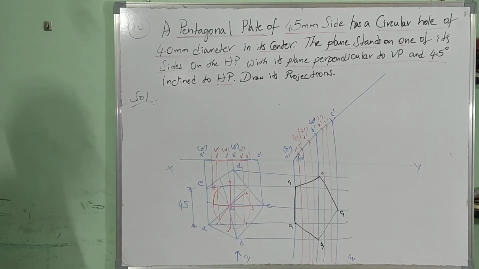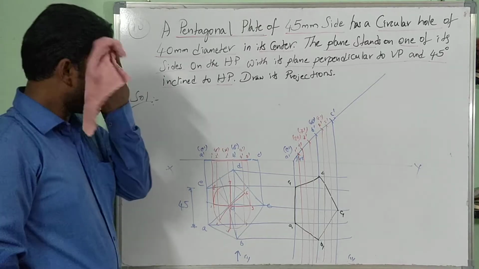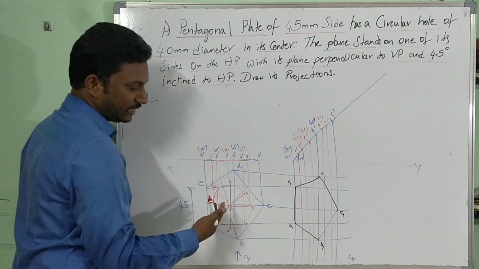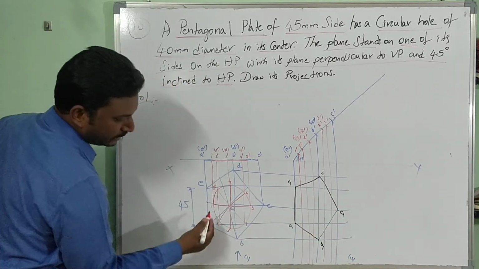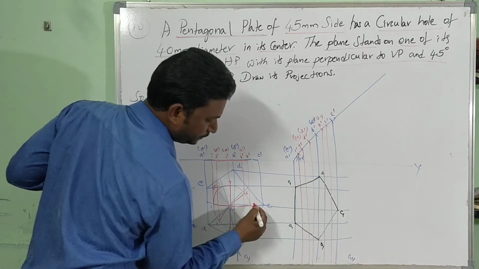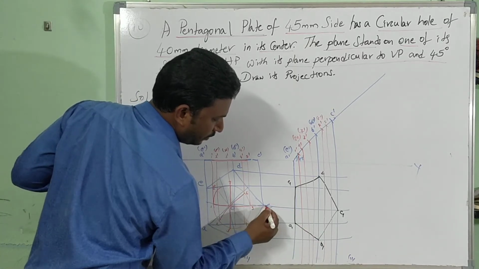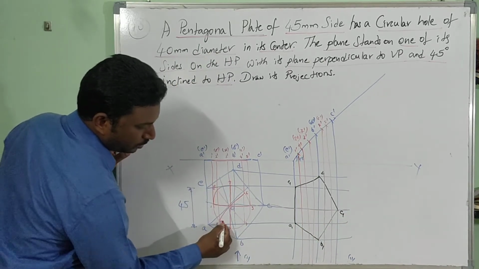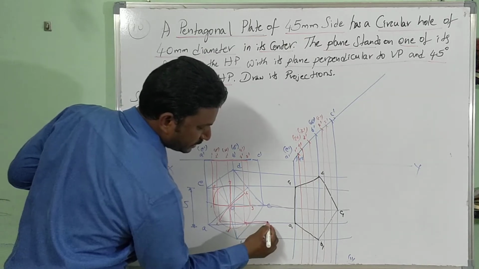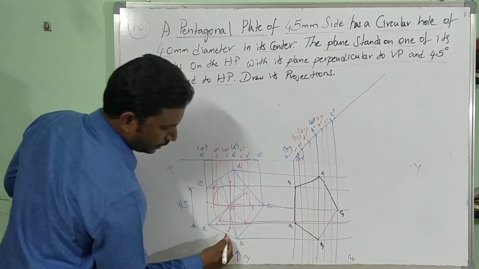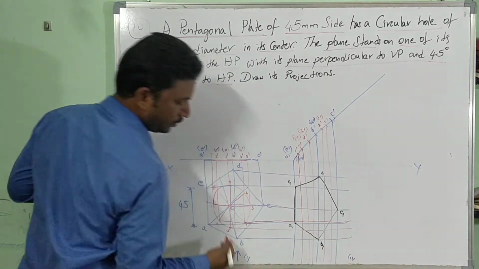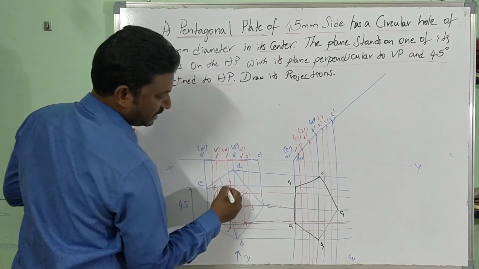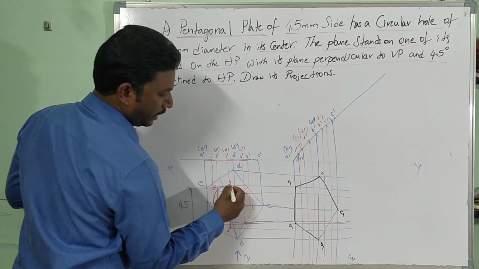Just for your clarification, I am using different colors. You can do the same with the help of one pencil with two heads, so that you can easily draw. Now from step 1 top view, you have to take the lines. See where 1 and 5 are on the same line, which is this. 2 and 4 will get a separate line. 3 a separate line. 4, 5 already done. 6 and 8 will be on the same line. 7 probably will be a separate line.